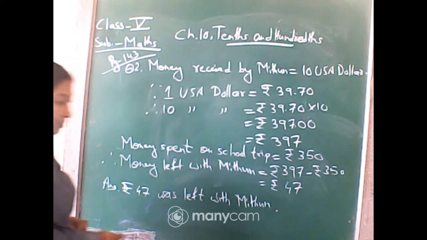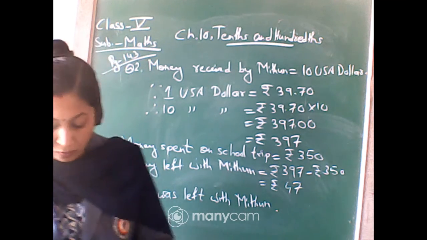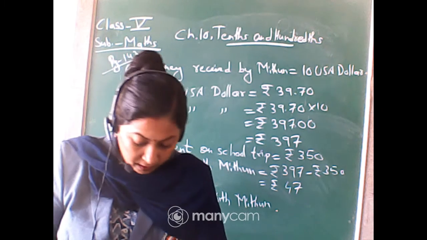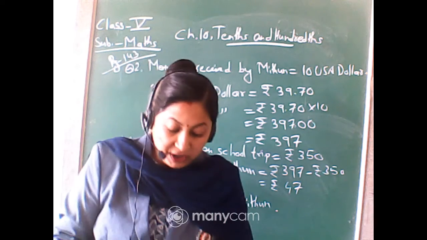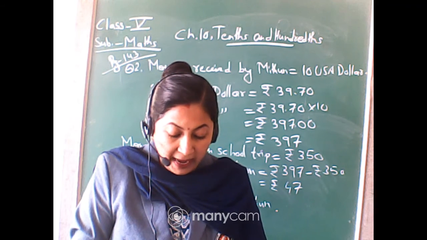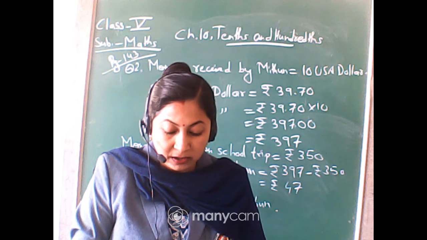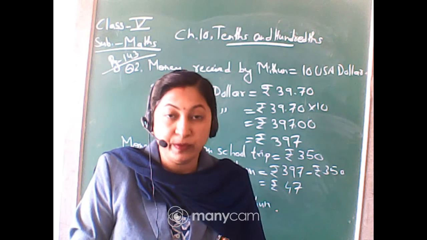Okay. So this is question number 2. Now come to question number 3, sorry, not question number 3, it is C. Question number C is: Majid's father is working in UAE. He gets 1000 dirham as salary. Arun's father, who is working in Sri Lanka, gets 2000 Sri Lankan rupees. Who gets more Indian rupees as salary?